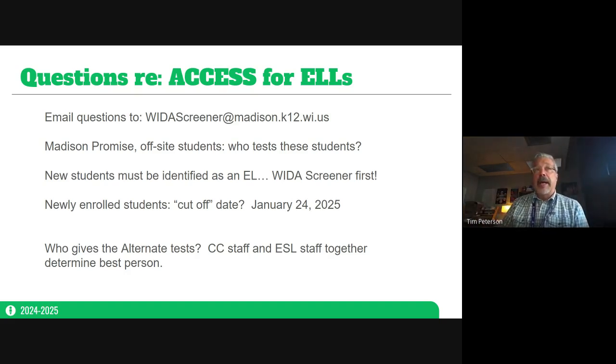Operation Fresh Start, for instance, will be offsite, but there are others that will need to come to you, and they're expected to be tested in the building. And so if you have specific questions, please make sure that you reach out to us.